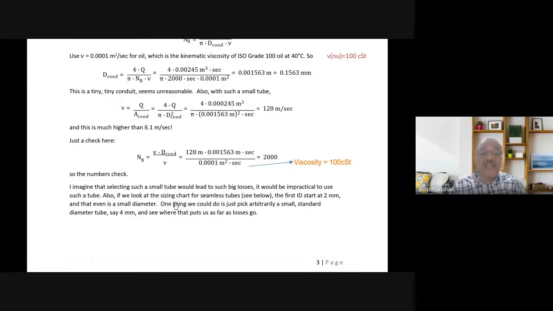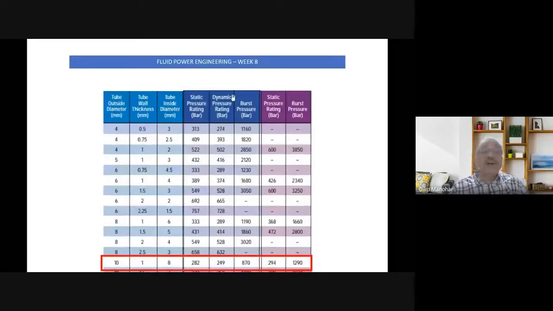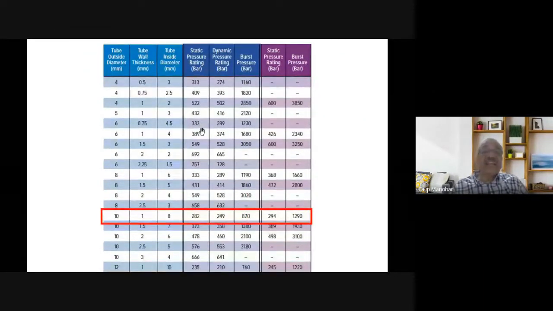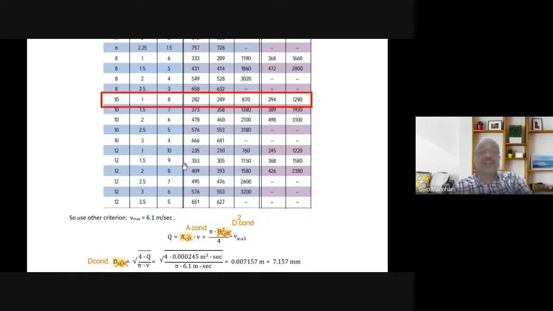So let us go to size selection from some chart. Here we have a chart based on the available catalog. We can roughly select something very conveniently available from the data, say 10 mm OD, wall thickness 1 mm, and ID is 8 mm. This is tentatively selected just to make a guess calculation. The previous conduit inside diameter, for a velocity of 0.15, was very impractical, so we have selected slightly higher.